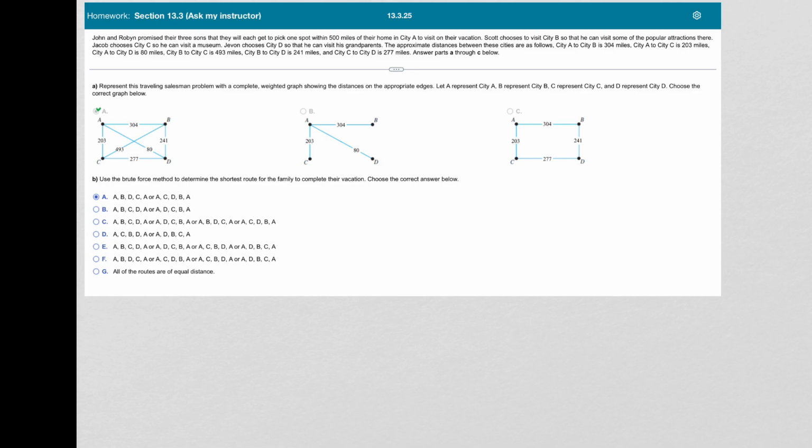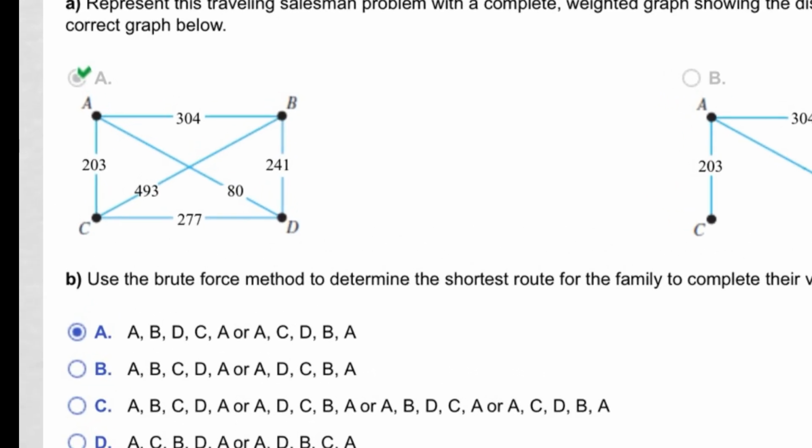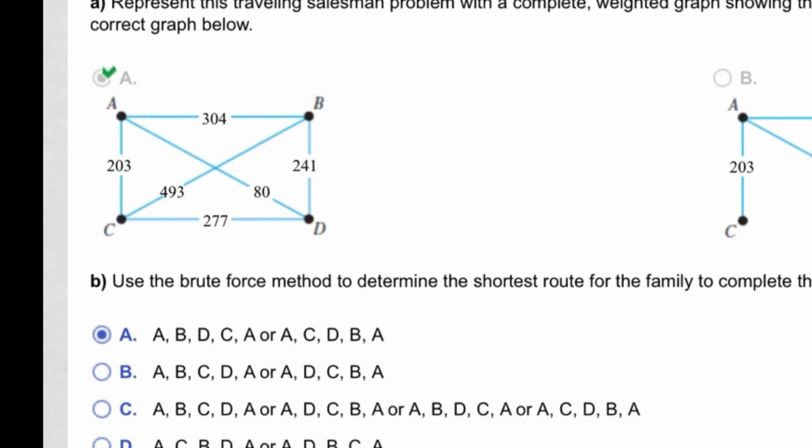In part B, it says to use the brute force method to determine the shortest route for the family to complete their vacation. So I'm going to zoom in here so we can see this graph a little bit better. With the brute force method, I'm going to start with my original vertex, which is A in this case, and find all the different ways to travel through this graph. So I'm starting with A,